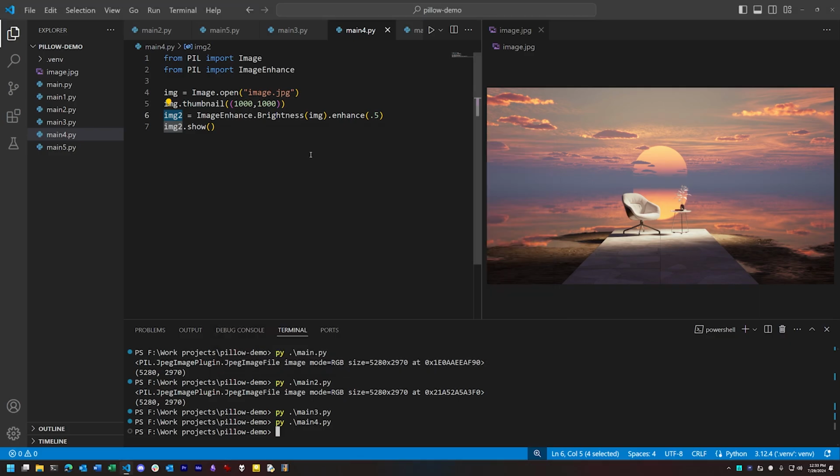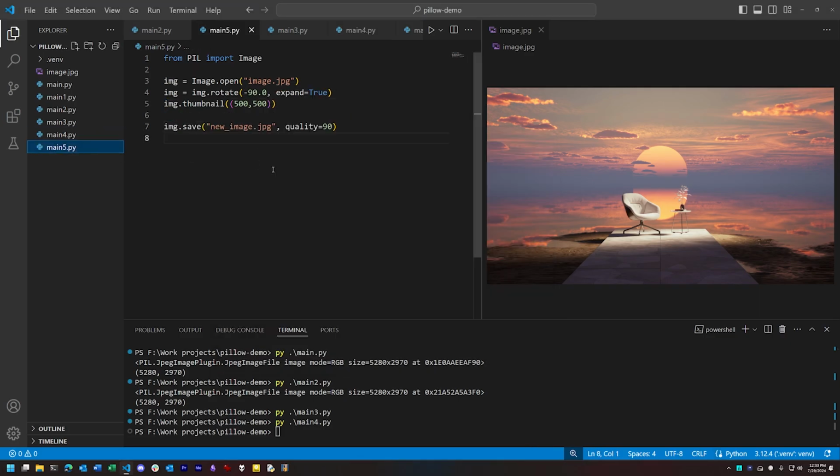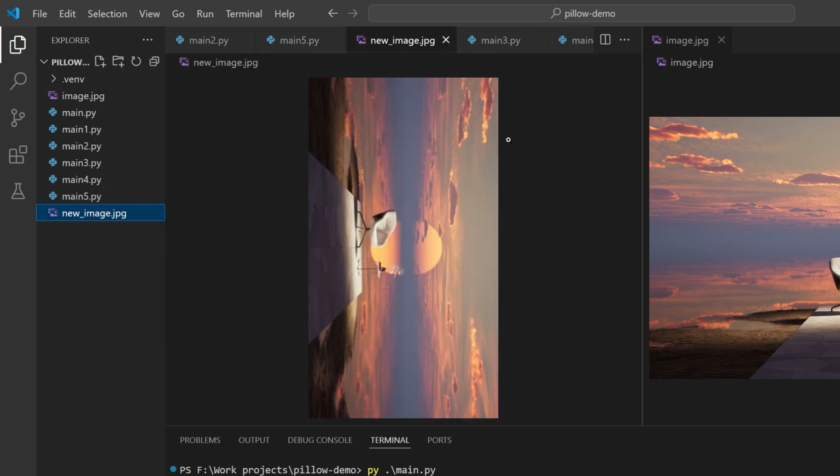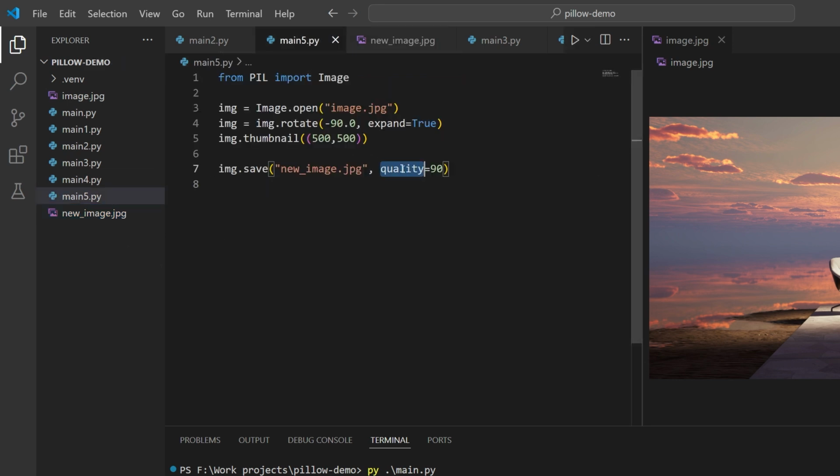Finally, you can also use Pillow to save images back out to files. For this example, I'm taking the image I rotated and converted to a thumbnail, and I'm saving it back out to another JPEG. Each of Pillow's supported codecs, like JPEG or GIF, have different save options. For instance, with JPEG, we can use the quality keyword argument to alter the compression level for the saved file.